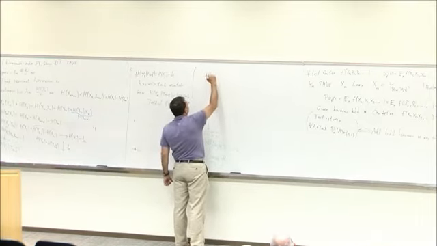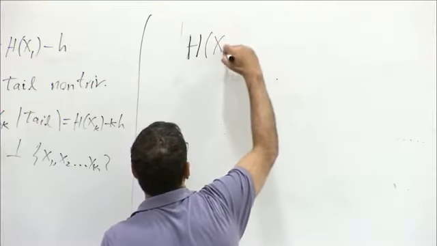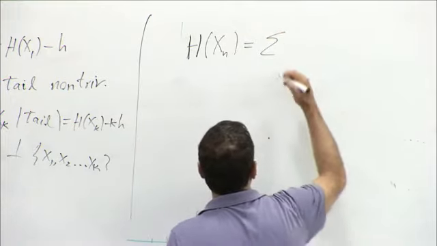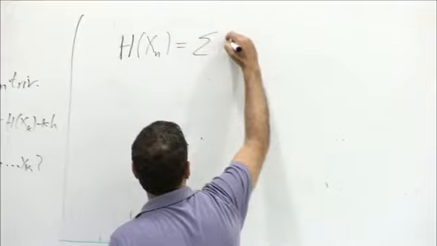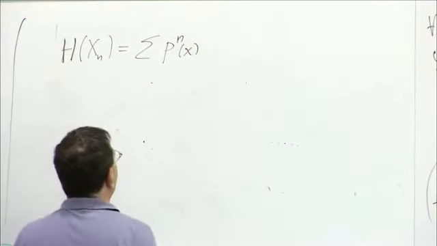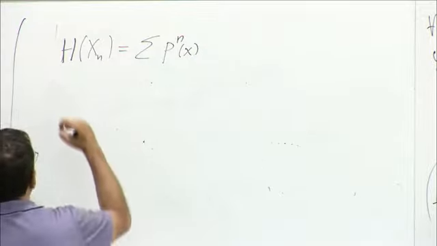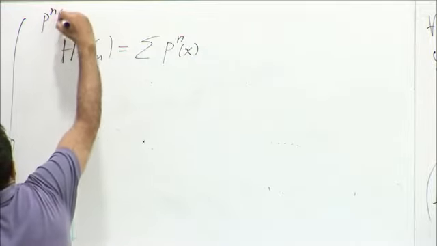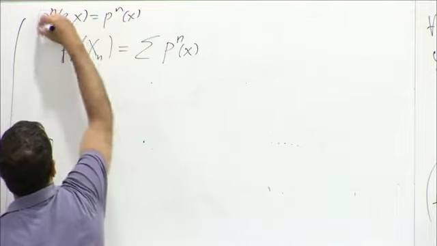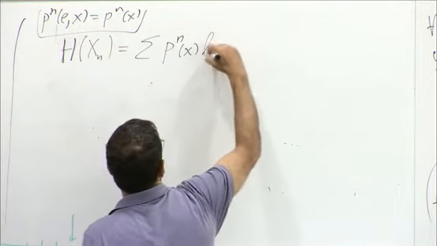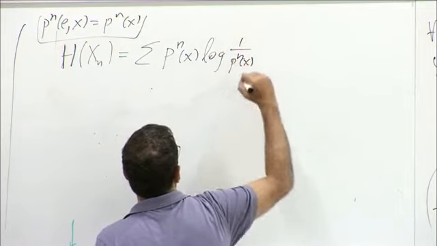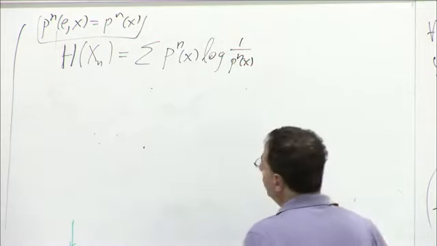Okay, so let's write the entropy of xn. I'm abbreviating Pn from the identity to x. I'm just writing Pn of x. So log 1 over Pn of x. Okay, now I want to use